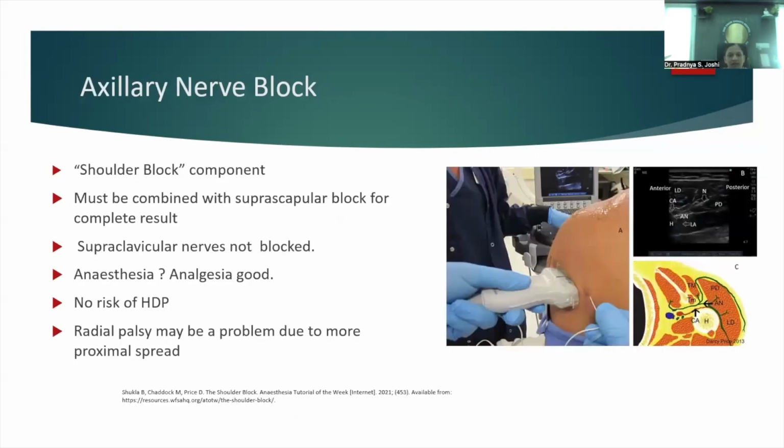Axillary block is again a component of the shoulder block. It is always to be combined with the suprascapular block for a complete result. Anesthesia is questionable, but analgesia is very good when we are using this block for postoperative analgesia. There is no risk of hemidiaphragmatic palsy as we are going very distally and we are blocking a single nerve. But radial palsy may be a problem due to more proximal spread when we are using more volume, that is